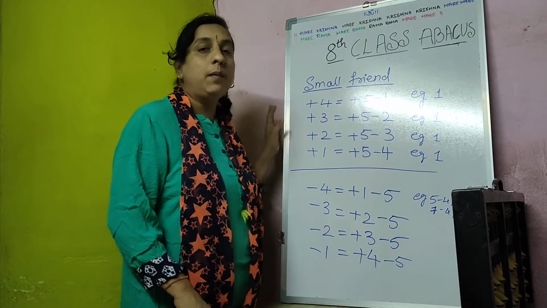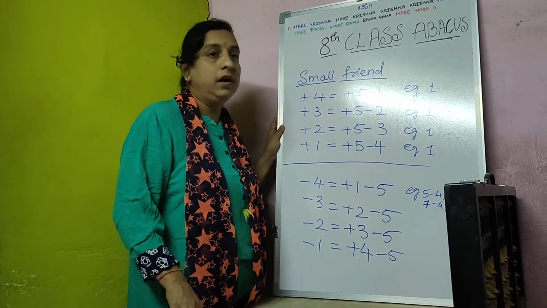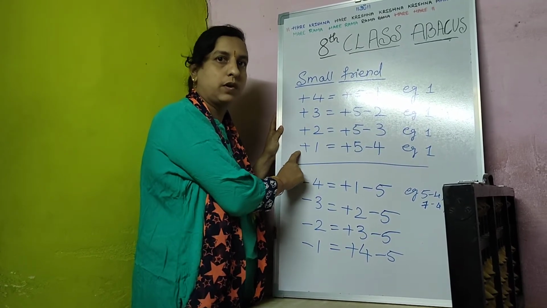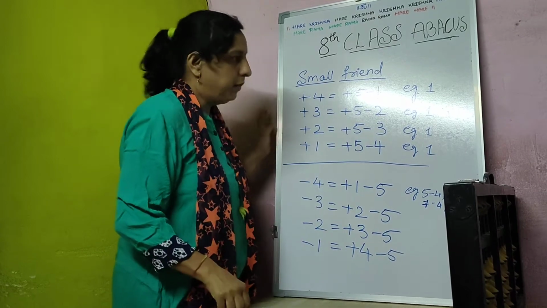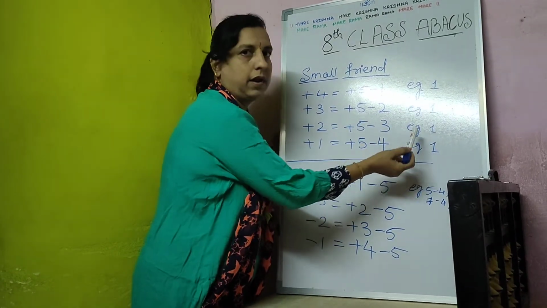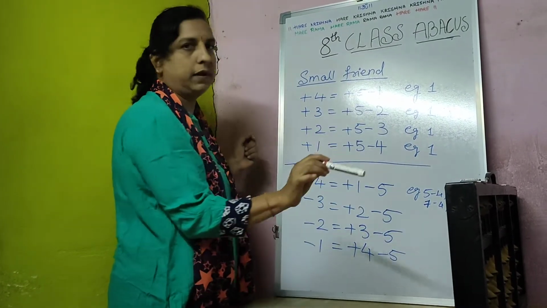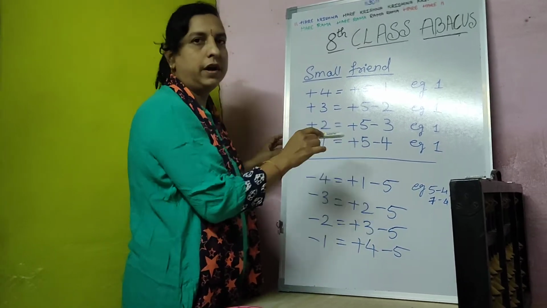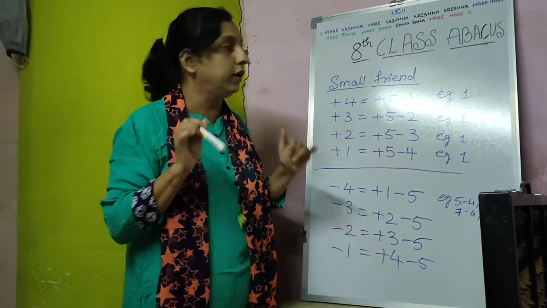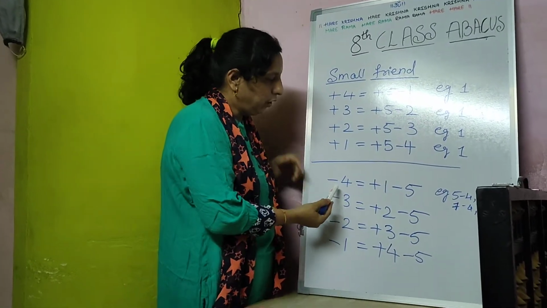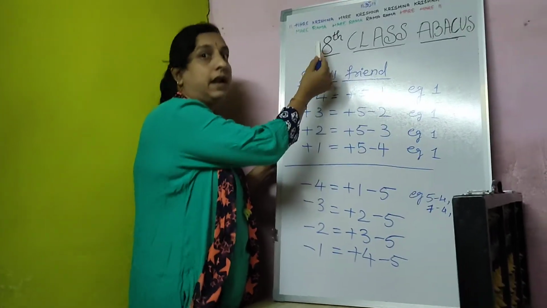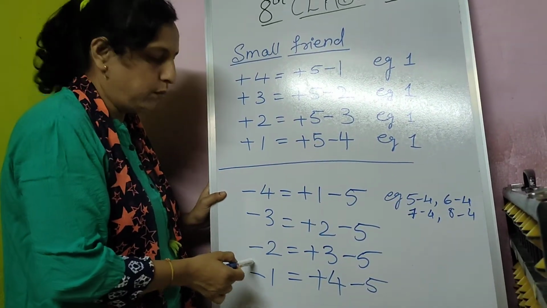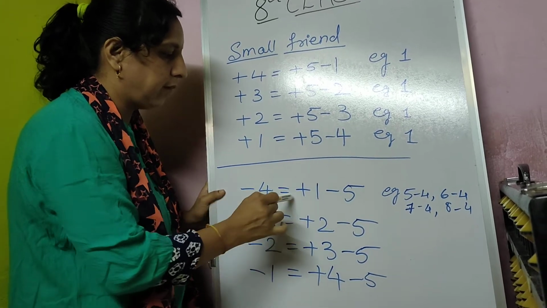Until 7th class, what you have learned are the small friends +4, +3, +2 and +1. Okay, these are all formulas you have learned, but I have taken here only one example for all of these. I'll explain those once again. And this is +4, +3, +2, +1, which you have already learned till 7th class. So today I am going to teach you in 8th class. In 8th class I am going to teach you -4, -3, -2, -1, but today only in 8th class I am going to teach you this